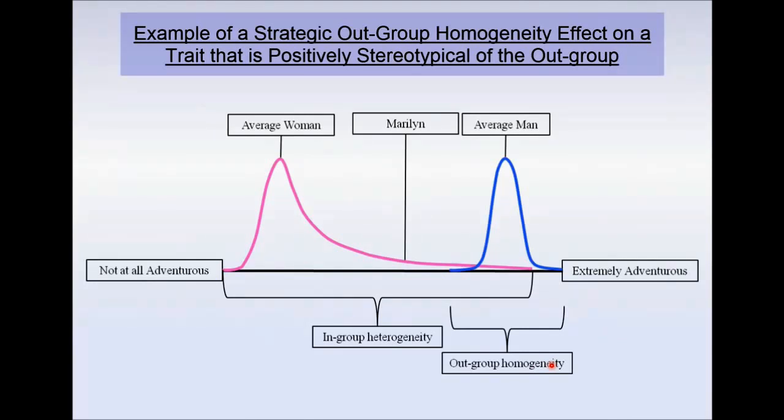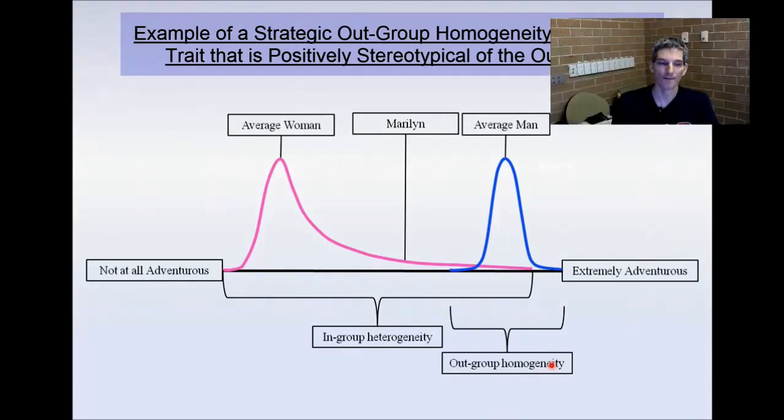And this is the pattern of results that our research demonstrated, that when we provided participants with these kinds of traits, we found that participants would perceive their group and other groups as being homogeneous or heterogeneous in a very strategic way, depending on what kind of traits we were asking them about. When we asked them about negative stereotypical traits of their group, suddenly their in-group became very heterogeneous. And we reasoned that that was because exactly this effect is going on, that people wanted to say, well, most of the people in my group are like that, apart from me, who's out here. And that obviously produces heterogeneity.